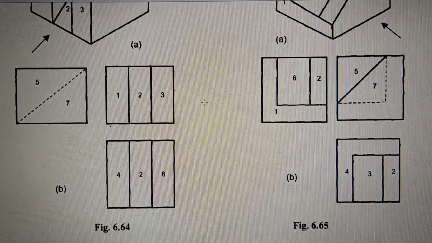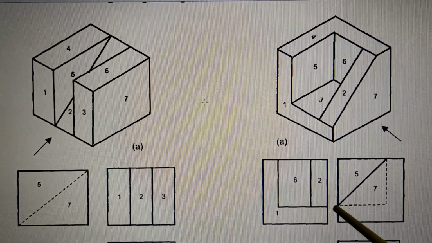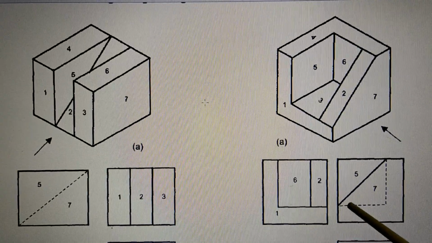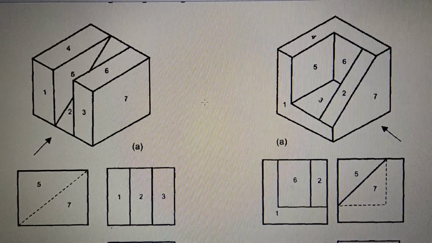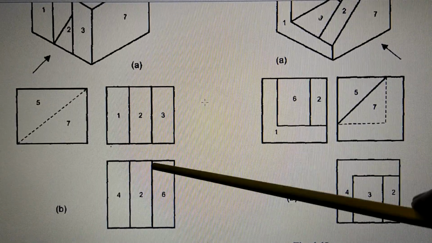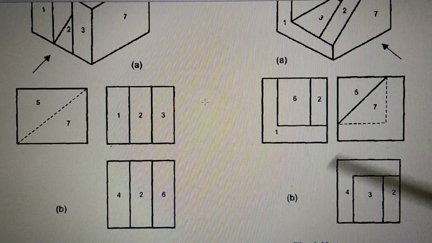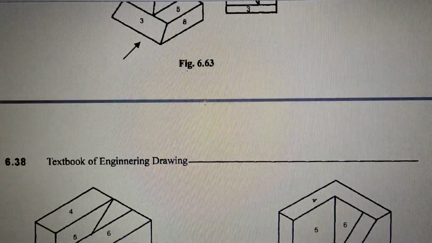But although there are no dimensions, when you draw, you have to maintain this level. This level is corresponding level. No? So this level you have to maintain. It should not go here and there. So you have to draw this exactly in the same vertical line like this. Now this is drawn wrong.